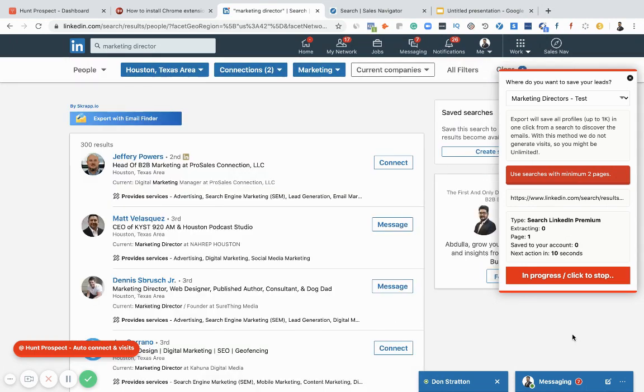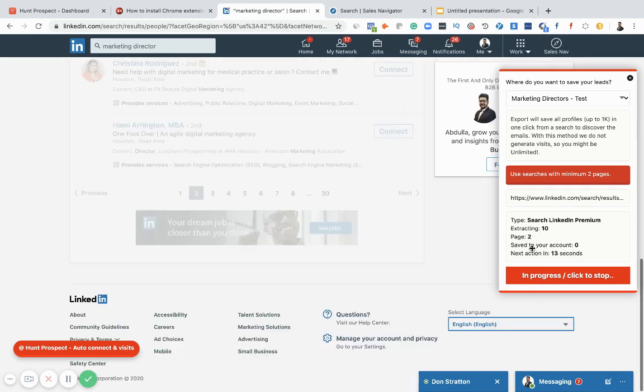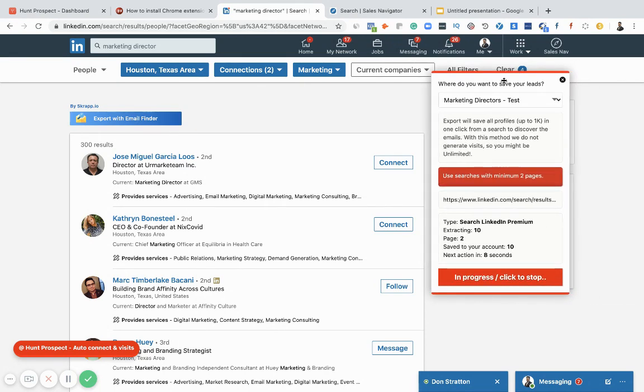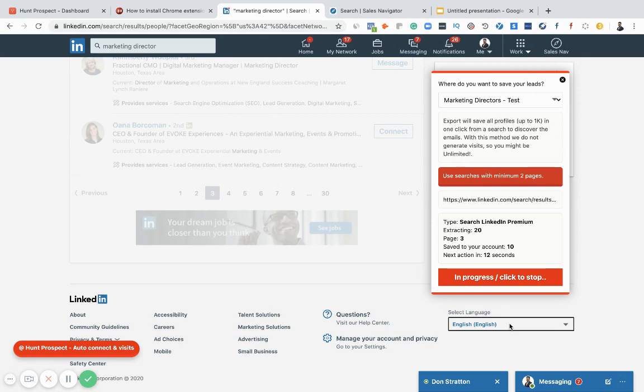They do have some help docs which can help you. So now page one is already scraped, so zero extracting, and so far zero saved to my account. I'll wait for some time. Now I see that it has extracted 10, and saved to my account was 10. Next action is in 1 second, so we'll just wait.